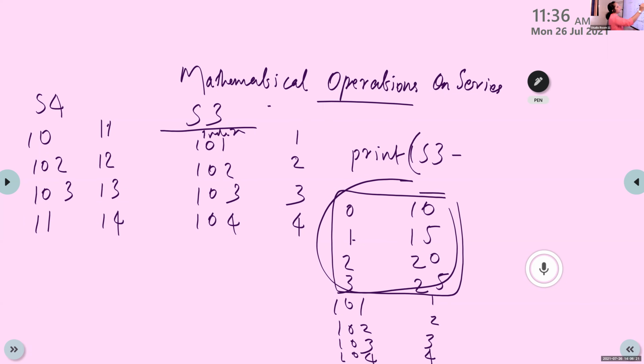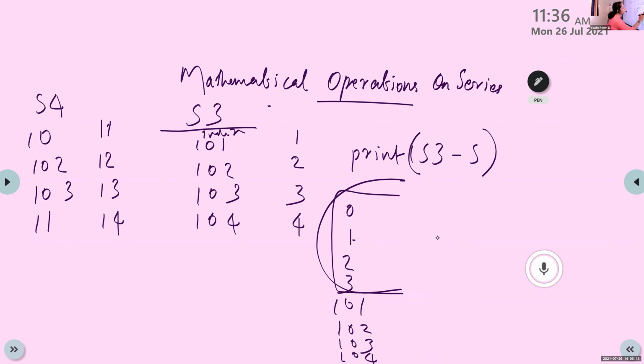So S3 minus S. What is the result of S3 minus S? Pavitra? Ma'am, it will only display the content. What is the result? Oh, 1 second, I will explain. That is, the values are different.